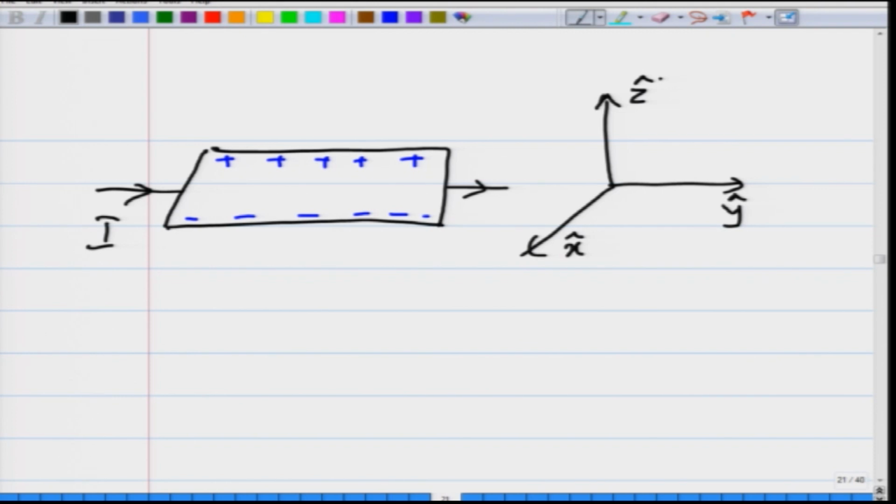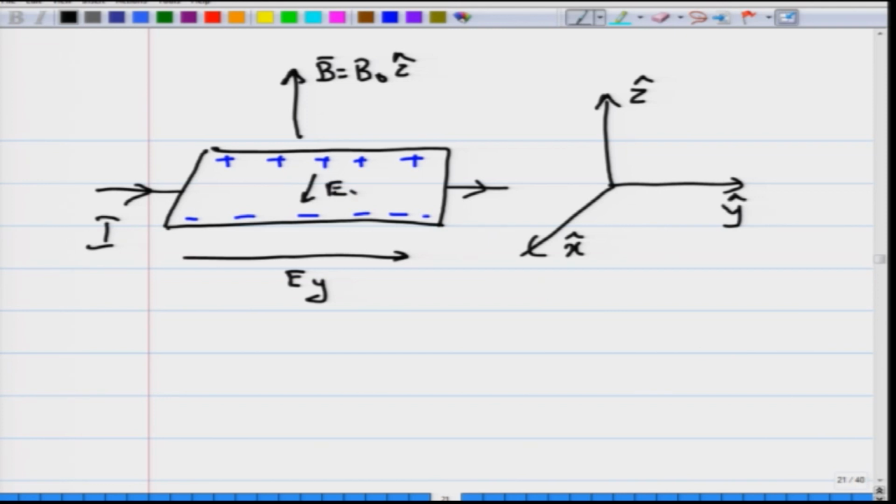and z. The magnetic field was pointing along the z direction. So, we had a magnetic field applied along the z direction, and we know that there is an electric field along the y direction and there is an electric field along the x direction. And we have just now calculated using the Drude's model, the electric field along the x direction is 1 over N E B naught into J,